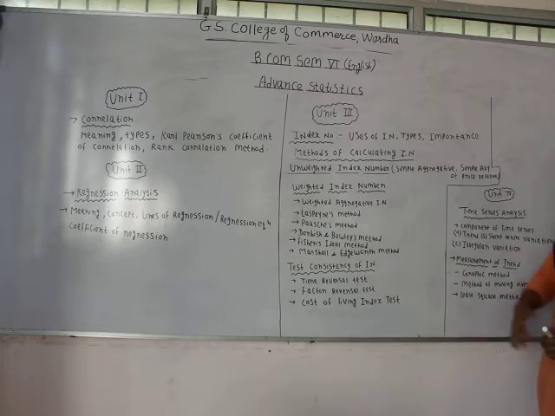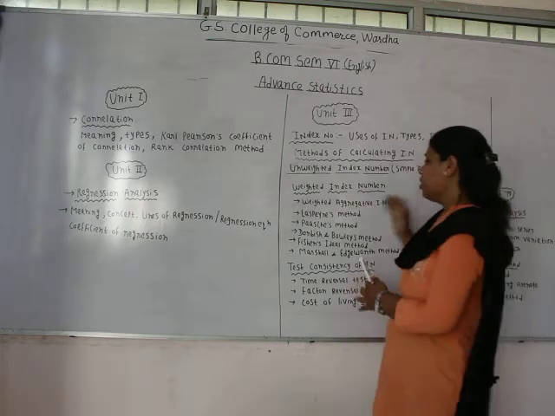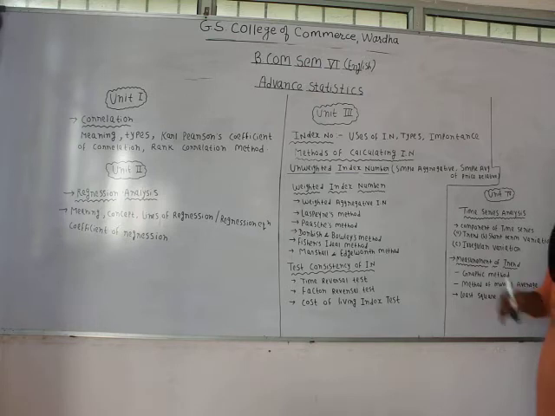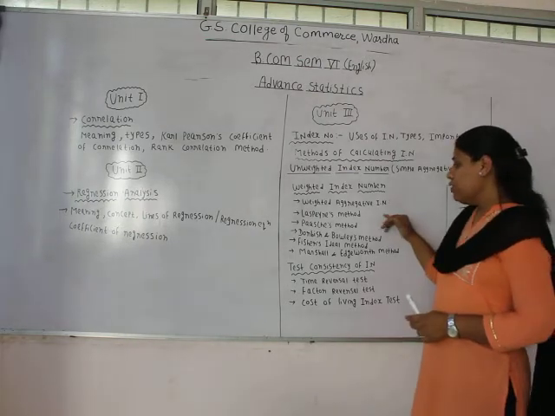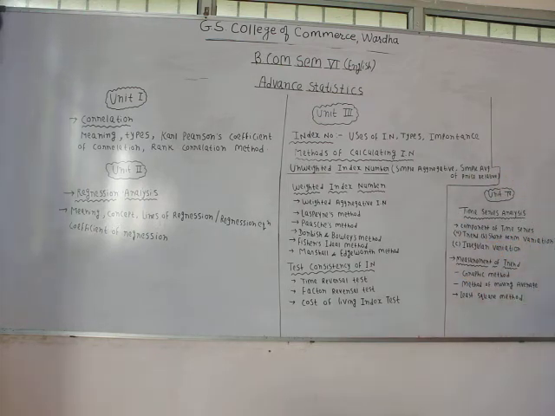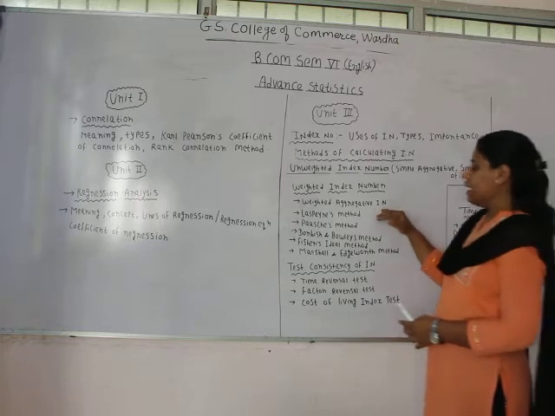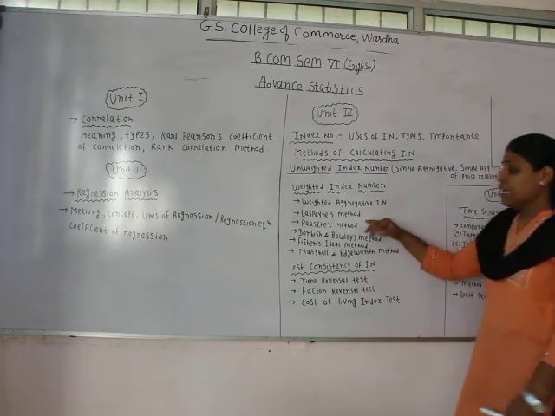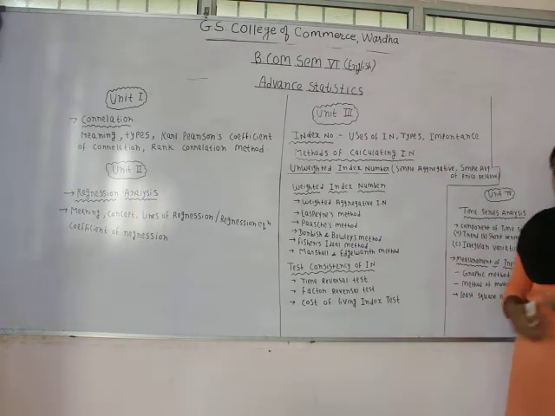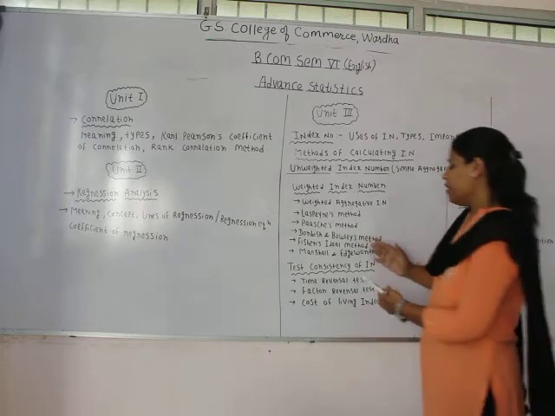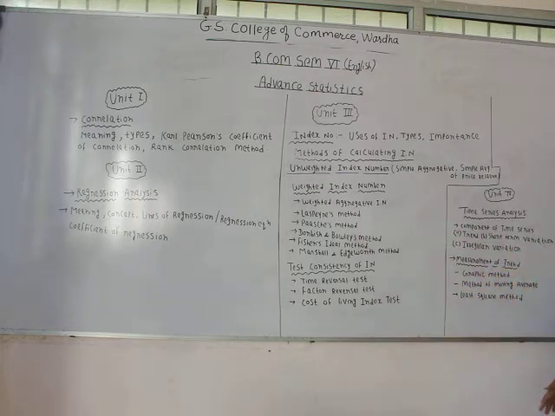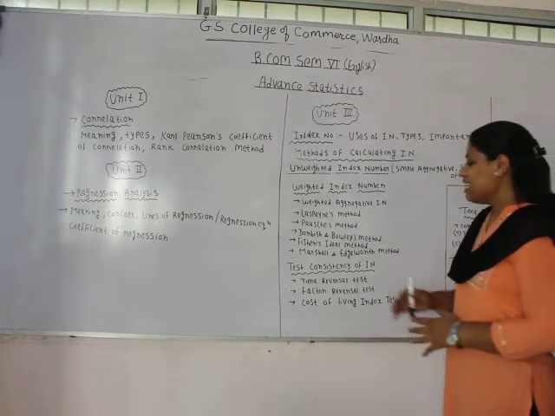The next method is weighted index number. For calculating this we have different methods, and we will learn all this with the help of numerical problems. Here we will see weighted aggregative index number, how we calculate index number with the help of this method. Then we will see Laspeyres' method, then Paasche's method, then Dorbish and Bowley's method, then Fisher's ideal method, and then Marshall and Edgeworth method. These are the methods for calculating weighted index number that we are going to see in our syllabus.